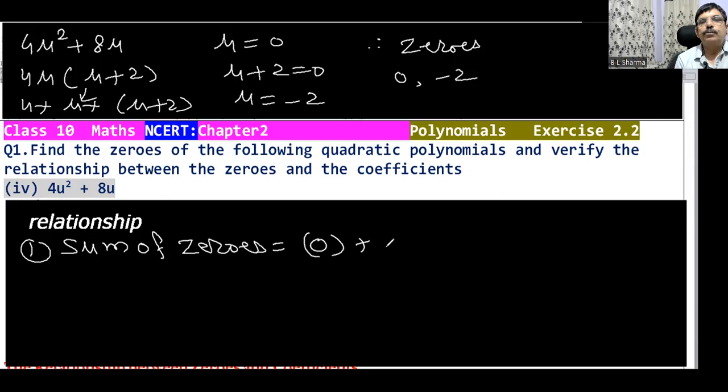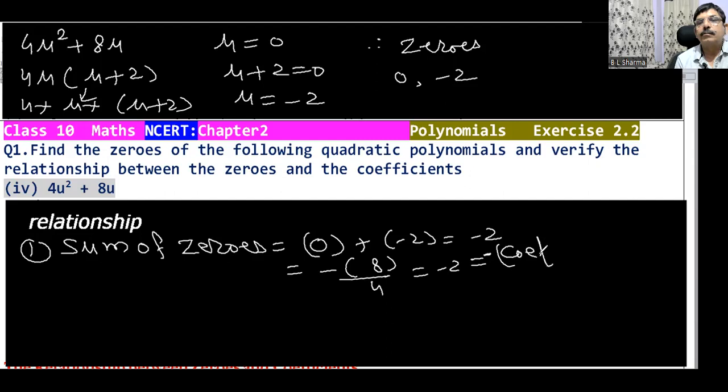That is 0 plus minus 2, that is minus 2. Here, the coefficient of u is 8 and the coefficient of u square is 4. So that is equal to negative of 8 divided by 4, that is minus 2, and that is equal to negative of coefficient of x upon